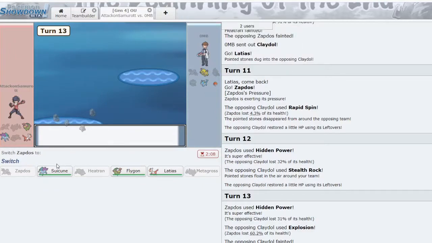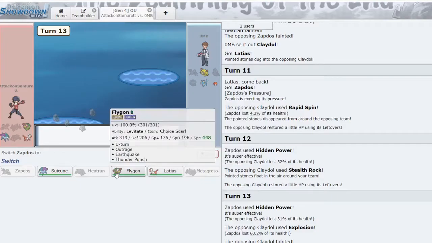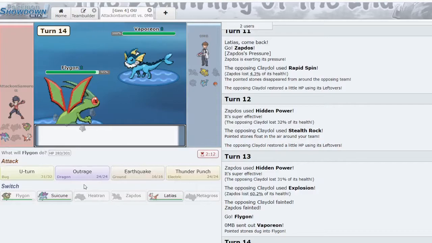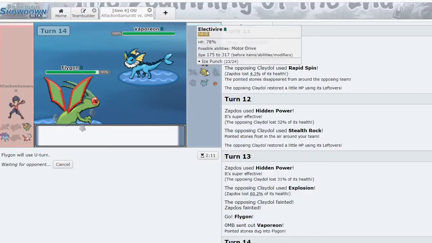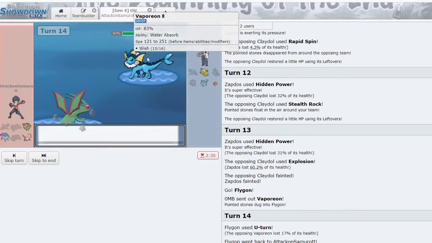Suicune's looking pretty useless, though. I know that for a fact. I'll go Flygon first and find out what they do. They do go Vape, so I'll U-turn and see how much U-turn does. If it does, like, less than... Yeah, that's physically defensive. Okay, so...